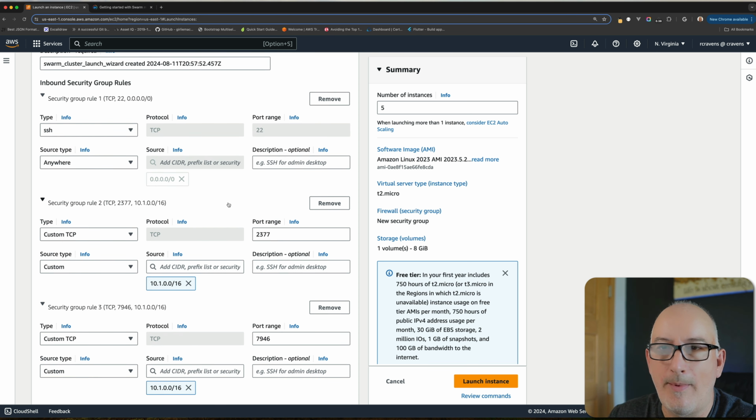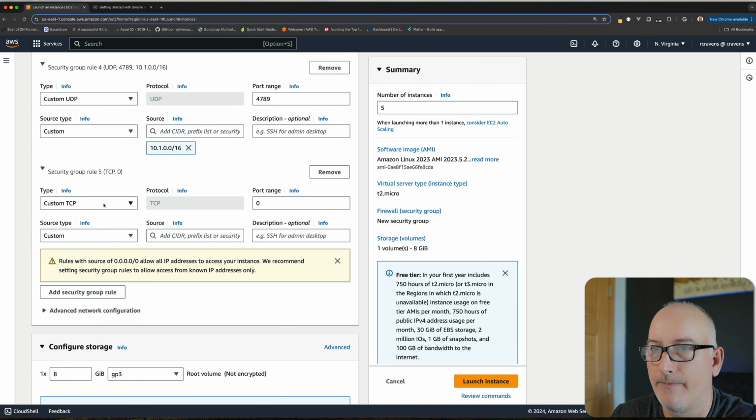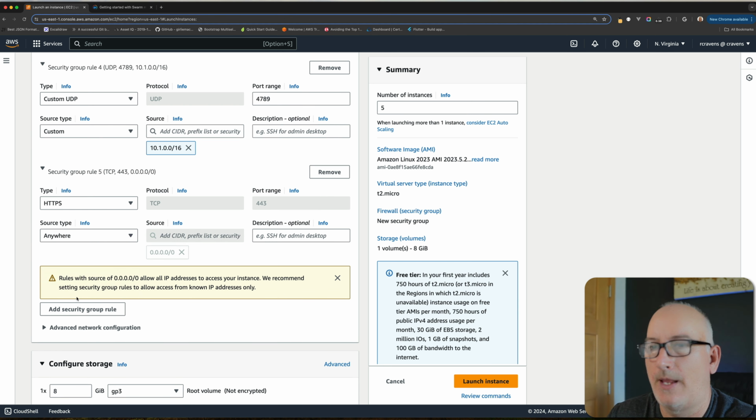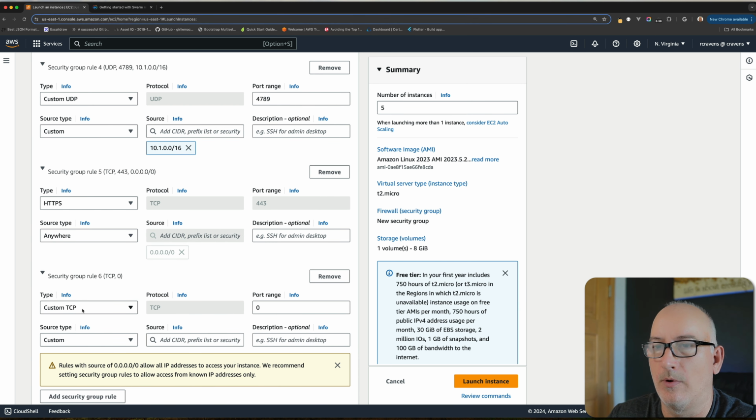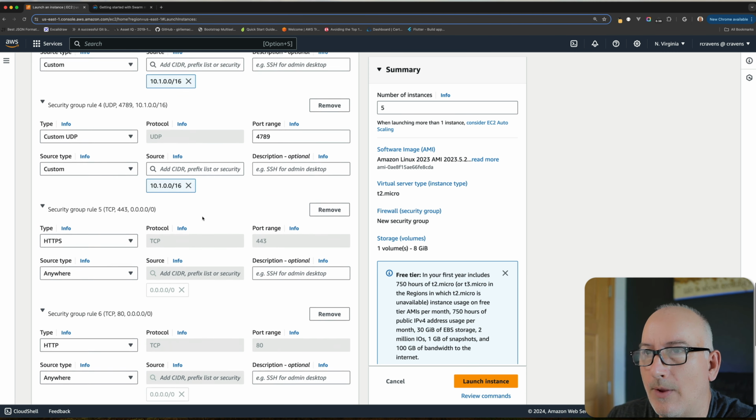We also have a web application here. So I'm going to go ahead and expose port 443, which is HTTPS. We're going to expose that from anywhere. And I'm going to add one more for just HTTP traffic from anywhere. Okay, so I think I have the security rules that I want in place, and just to kind of scan them one more time,